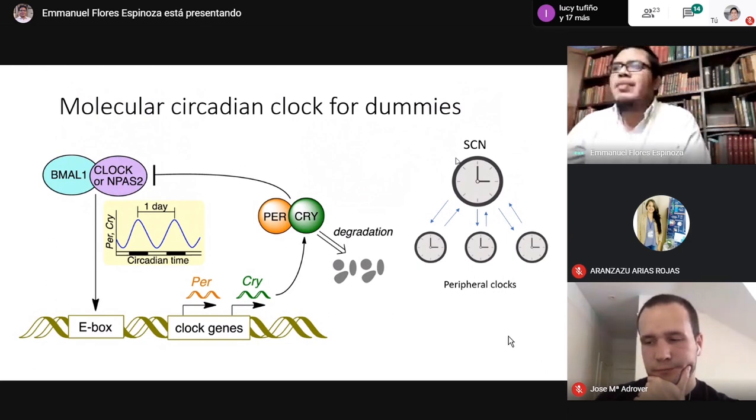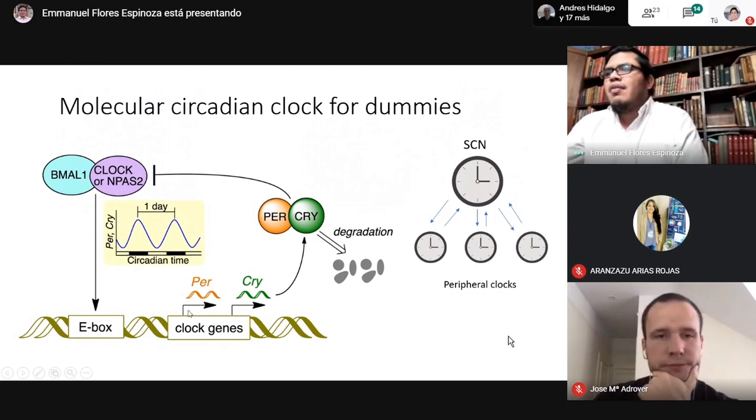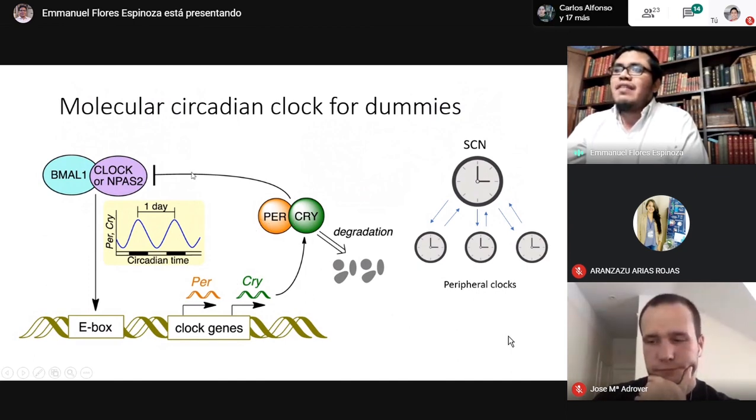We have Clock and Bmal that regulate the expression of different clock genes, including PER and CRY, increasing the presence of these proteins in the cytoplasm. These proteins then inhibit Bmal and Clock, and in this way they inhibit their own concentration in the cell. These regulation loops have a 1 day duration, so they repeat